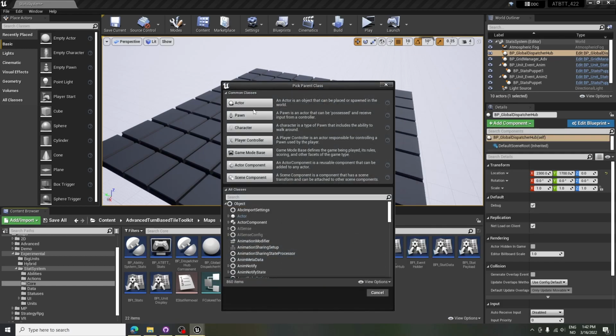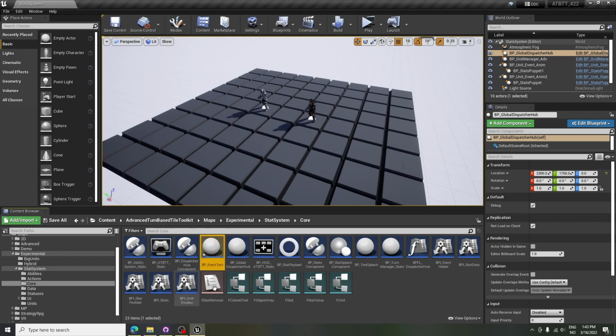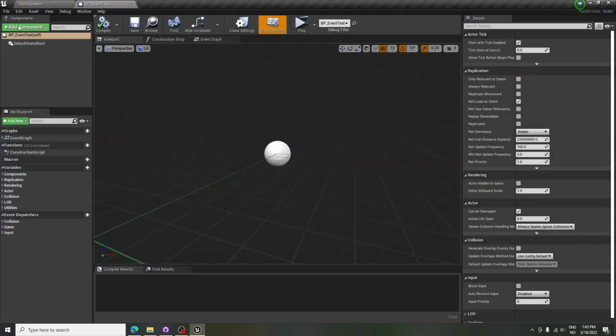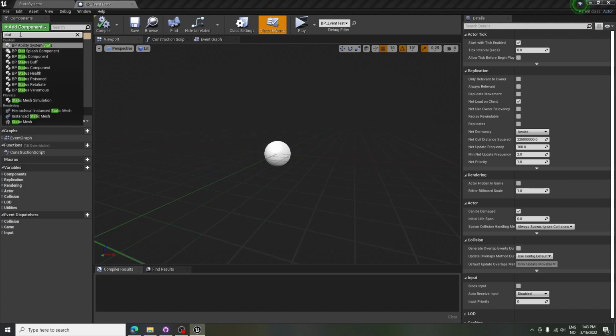Yeah, we'll make a new blueprint. I'll just make a simple actor for this, and I'll call this BP event test. And I'll place it in the level. Let's open it up, and we'll make something that is visual. I just want to have something here that changes visually when events happen, so that we can easily see the event system working. So let's add a static mesh